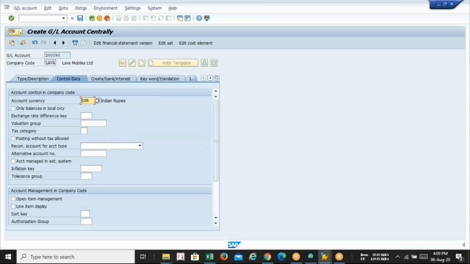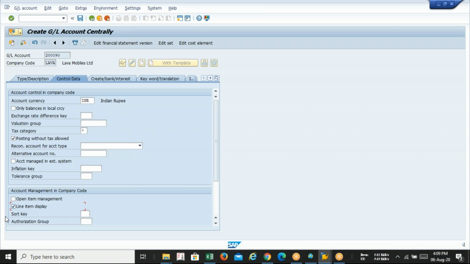Now control data, please be careful. Tax category, select the asterisk mark. Posting without tax should be selected. No reconciliation account, line item display, and do not select any short key for the cash journal. I repeat, do not select any kind of short key for the cash journal. Why?